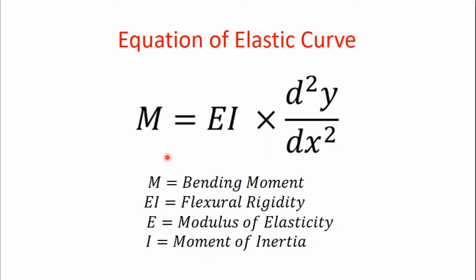On the left hand side you will find there is a bending moment, and on the right hand side there is a constant EI, which is a constant for a particular beam of a particular material and for a particular orientation. EI is flexural rigidity, and d2y upon dx square is a second order differential. So finally we get the desired equation, and we will use this equation to calculate the deflection of beam y as well as the slope of the beam dy by dx. And since this is a differential equation, we have to double integrate the equation to calculate y as well as dy by dx.